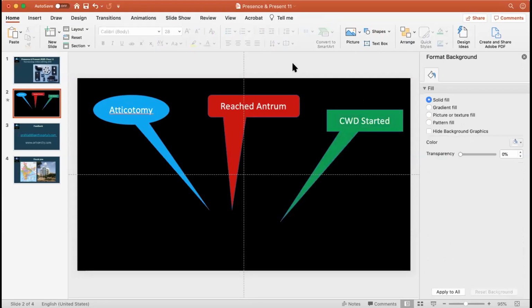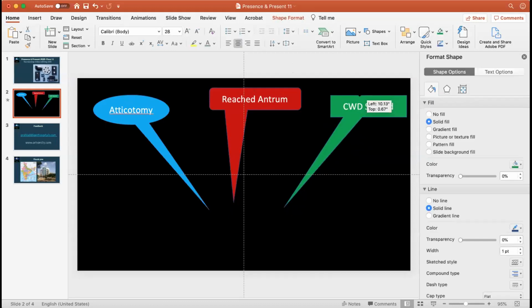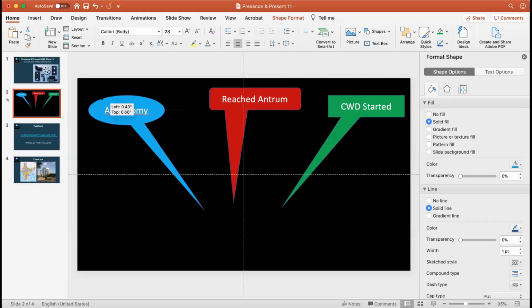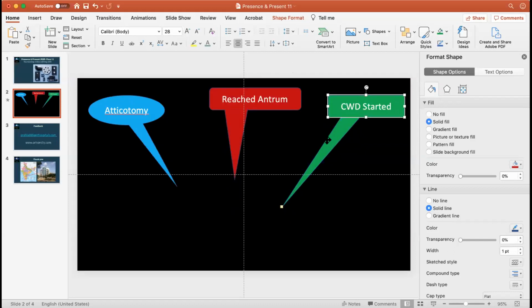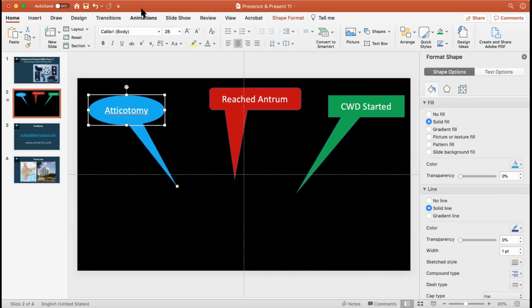Now what I have to do, let me arrange them a little bit so that they are seen nicely. I want them to appear and show up when I reach those stages. Those specific stages I want to show them. So how do I do it? I will go to arteriotomy. I will use animation. I'm going to teach the animation next class.